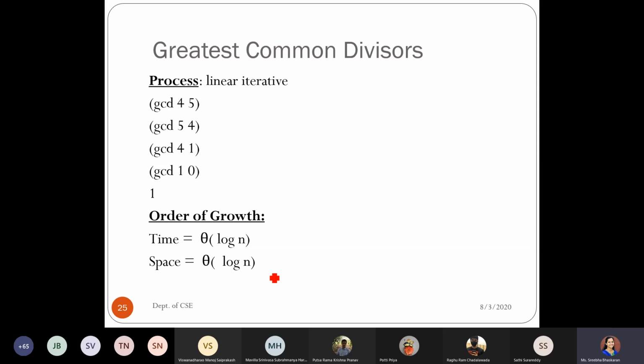Since we have written this algorithm with respect to the remainder value, whether your numbers are bigger or smaller, within 3 to 6 steps you will end up getting your results. So we can say that this algorithm works in logarithmic terms. So in the average case, the number of steps as well as the space required will be log n. Am I correct?